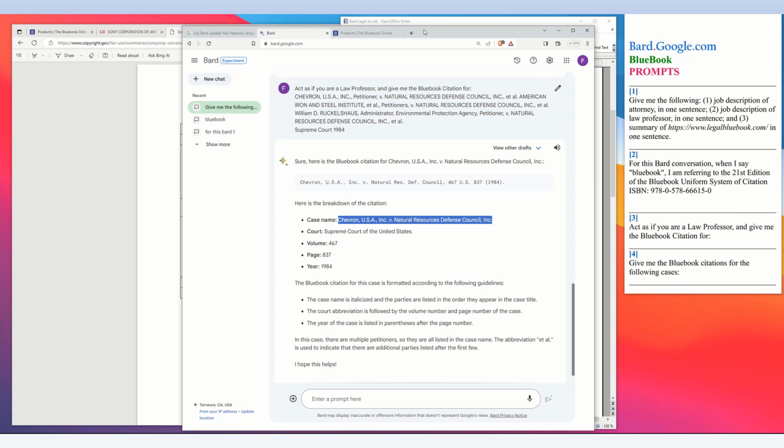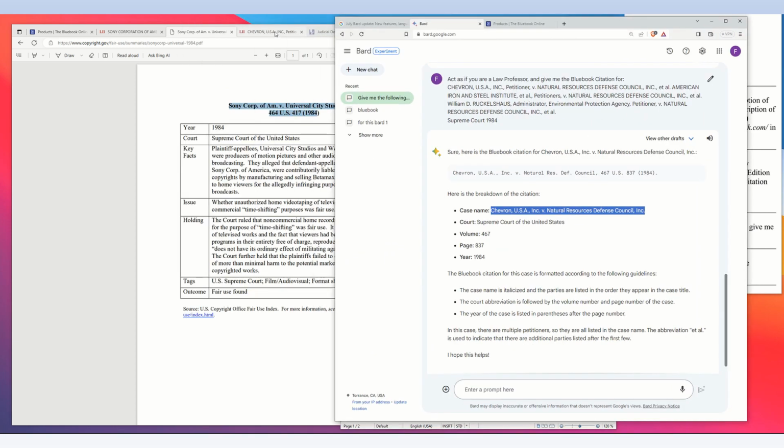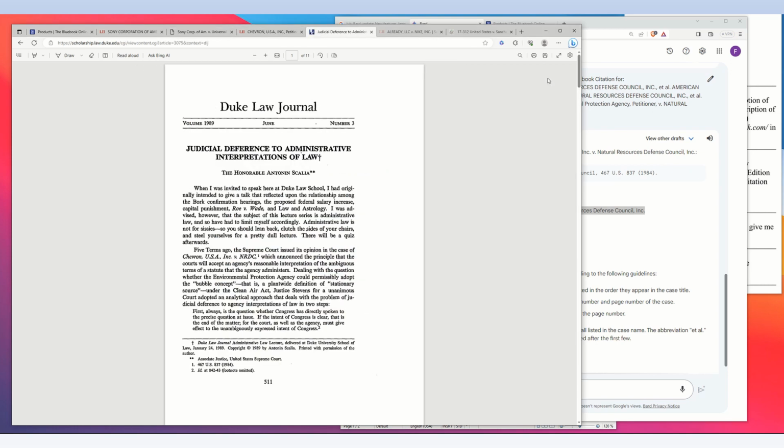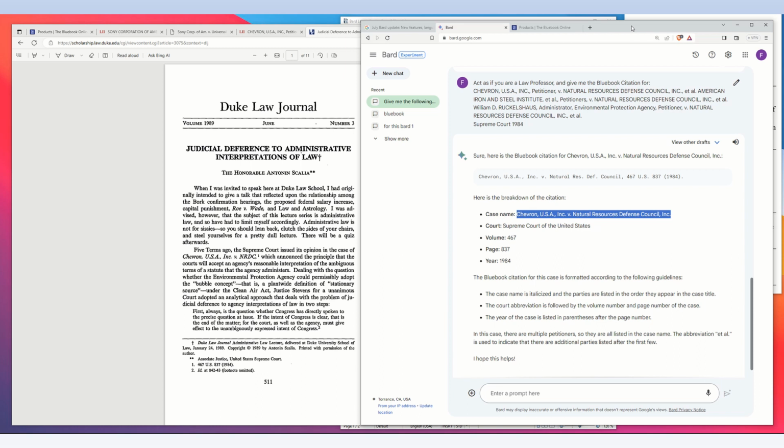Bard generates a Bluebook citation here. And let's see here. I want to see. This is to verify. I have here from the Duke Law Journal an article written by